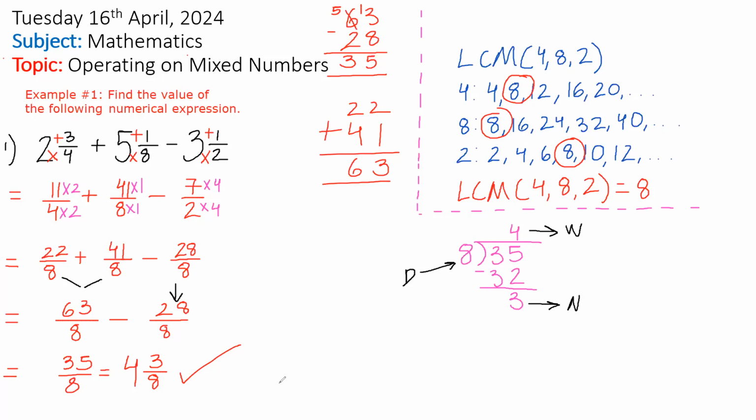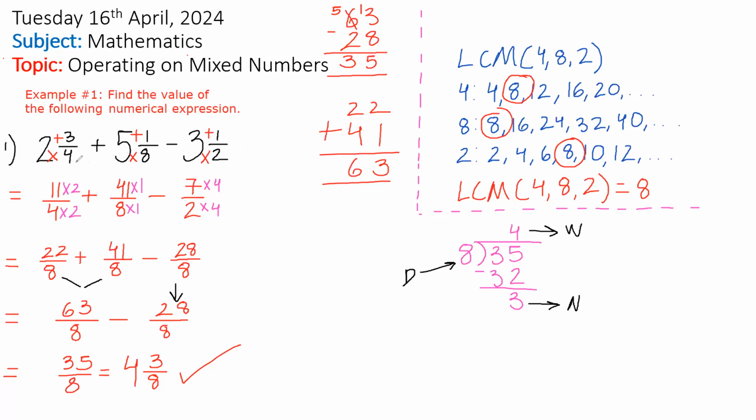I need one more person now to explain this. Nope, Jevin, nope. I need someone else. Where's Tegan? Hello? Do you understand how we got that answer? I kind of understand. You kind of understand? Well, see if you could explain how we got 4 and 3 over 8. Yes,